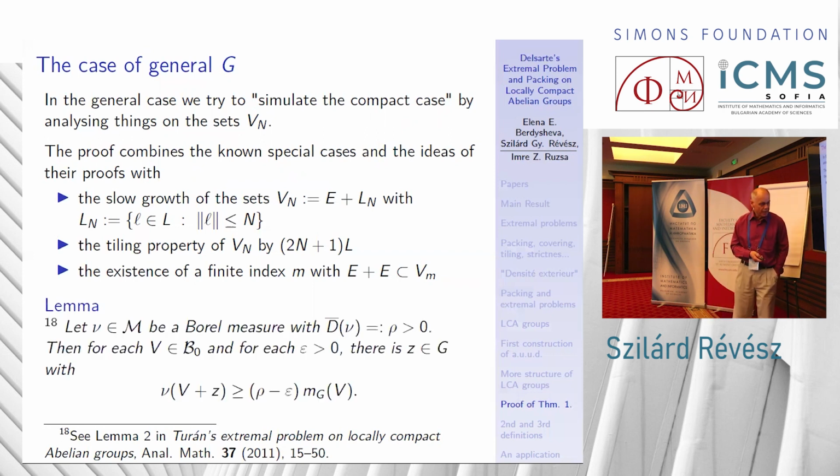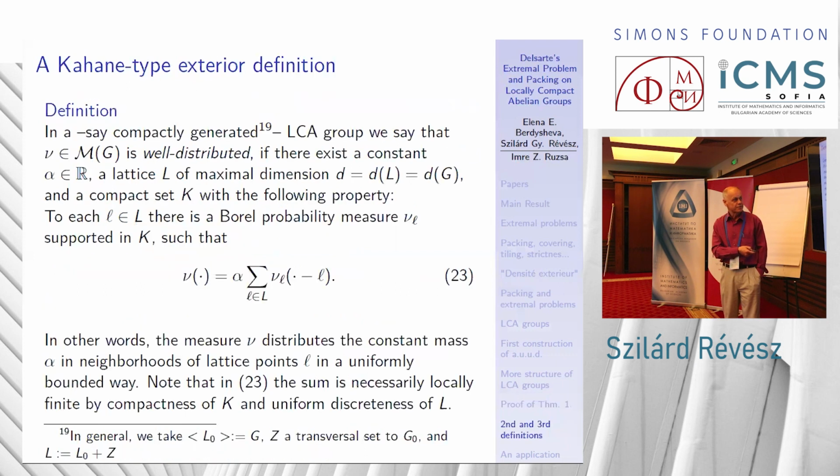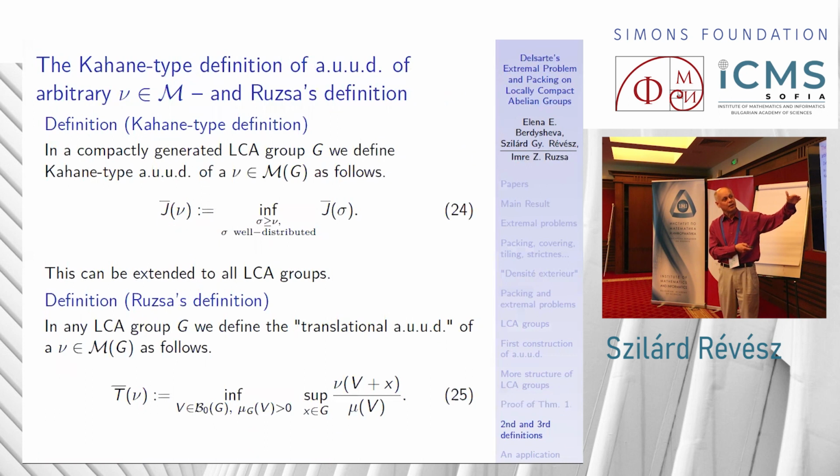Okay. And third, there is a lemma which says the following, that our abstractly defined density admits the following nice property. For any epsilon and any set V, there is a translation Z, so that the translated copy of this V admits rho minus epsilon measure. This is important in devising equivalent definitions, so I worked out here